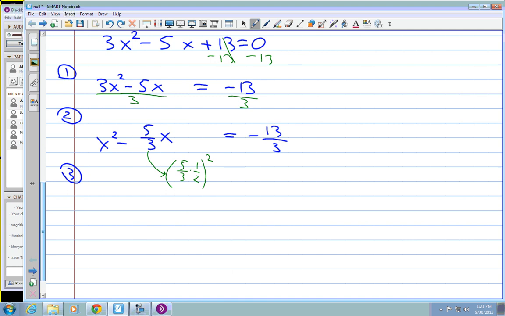Okay? So when you divide by 2, that just becomes 5/6 squared, right? 5 thirds divided by 2 is 5/6. So this is what you're adding to both sides. You're going to add 5/6 squared plus 5/6 squared. I'll square it eventually, yeah. But on the left,